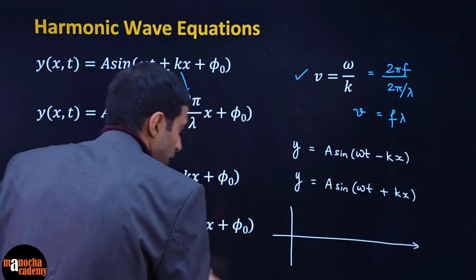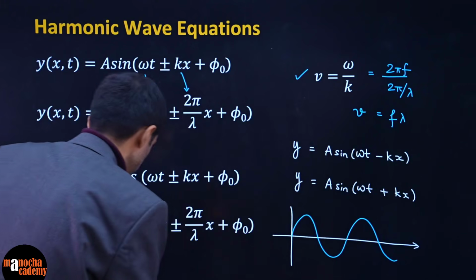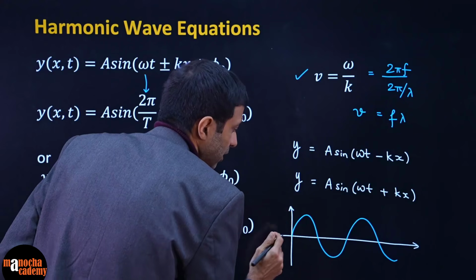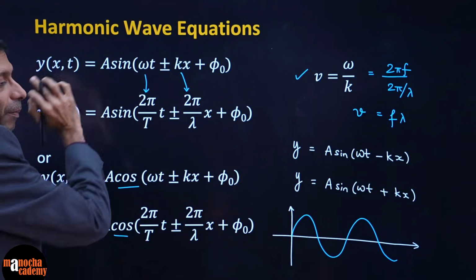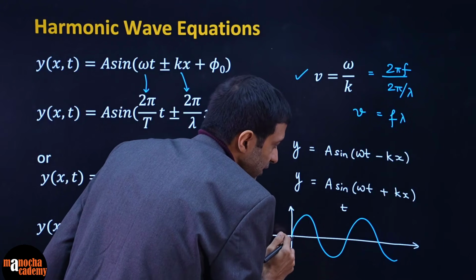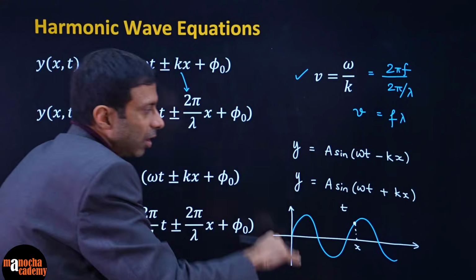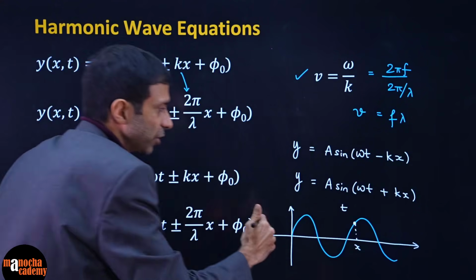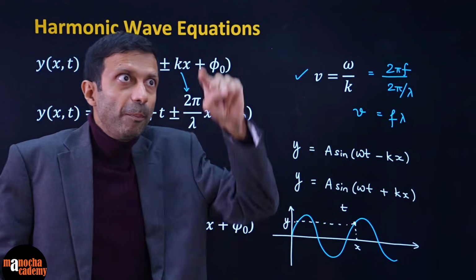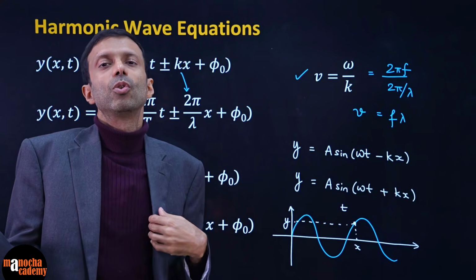So when we are talking about this wave equation, if you go back and revise your wave chapter, it is this equation. And what are we trying to predict, guys? We are trying to predict, at a certain moment in time t, and at a certain distance x, what is the amplitude? How much is the amplitude of vibration? So this is my y. Here we are talking about a particle, there it will be the electric field and magnetic field.